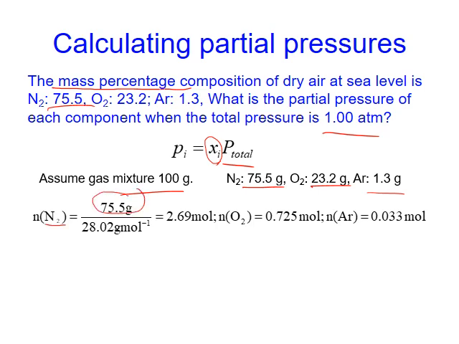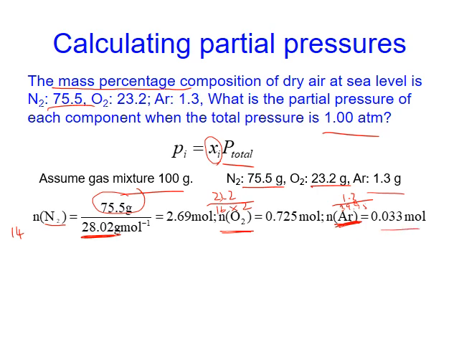Note that nitrogen is a diatomic molecule. So in the periodic table, you'll find it's about 14 grams per mole for nitrogen atom, and you times 2. Don't forget times 2. Similarly, for oxygen use 23.2 divided by 16 times 2. Don't forget times 2. They are diatomic molecules. On the other hand, argon is monatomic, so 1.3 divided by 39.95, and that gives you